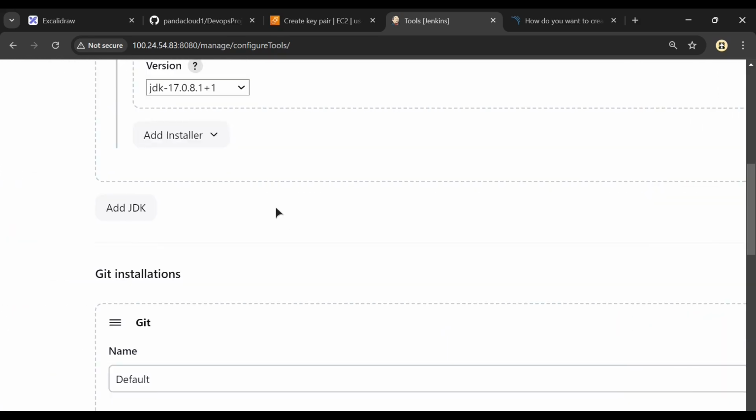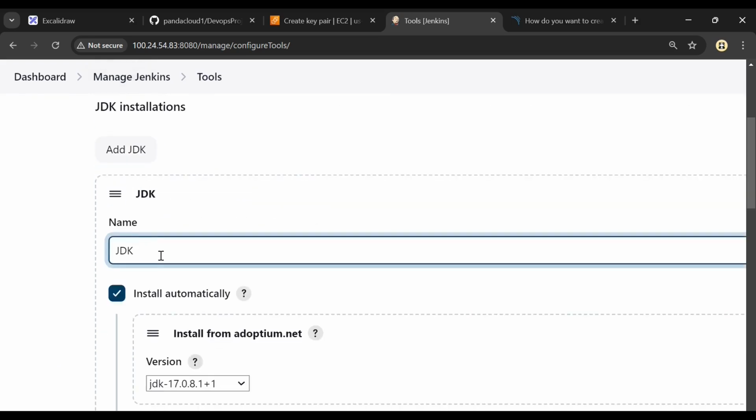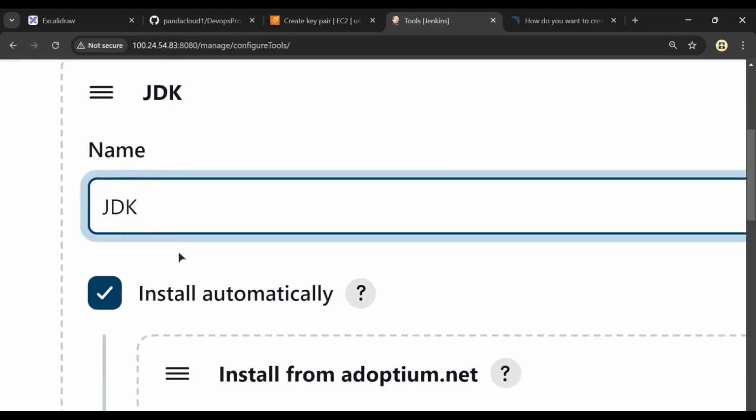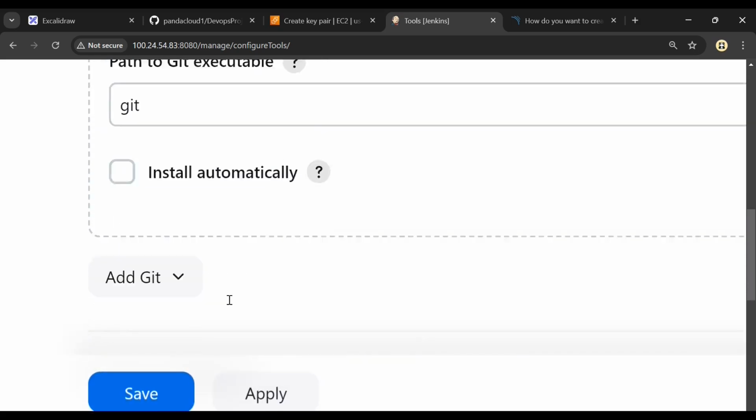I will just delete it. I will only be needing JDK 17. You can keep it as JDK or you can keep it as JDK 17. Then we will be needing